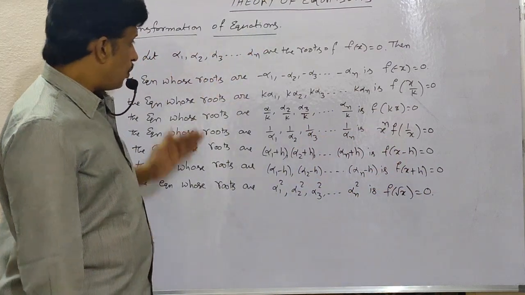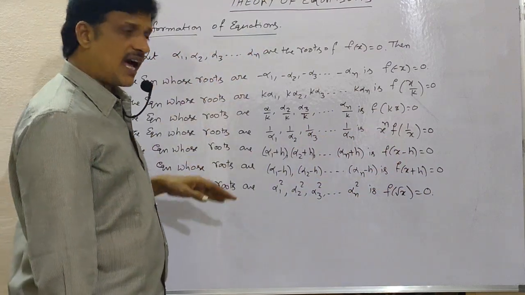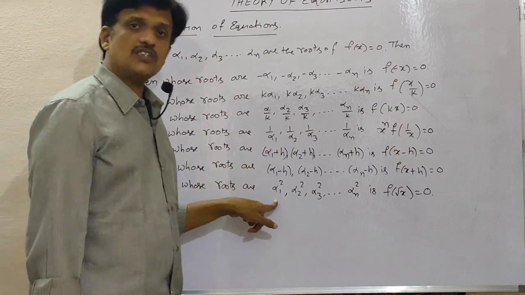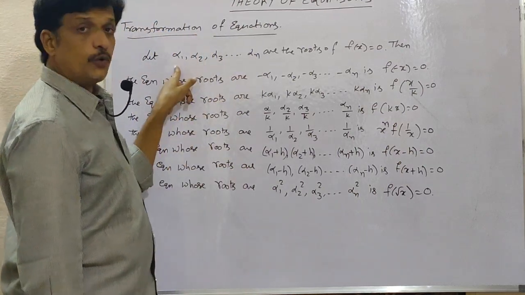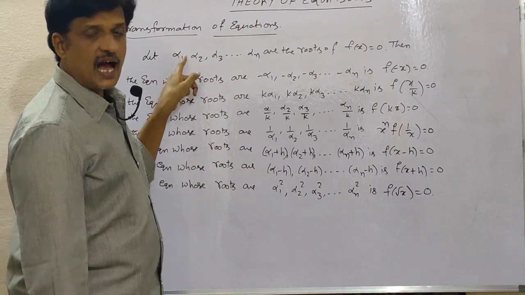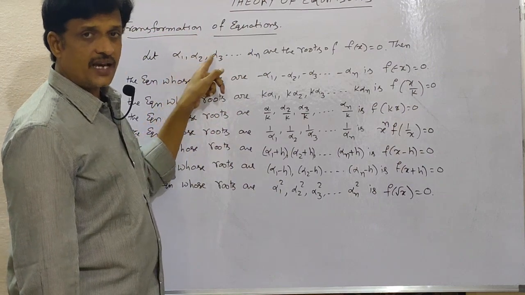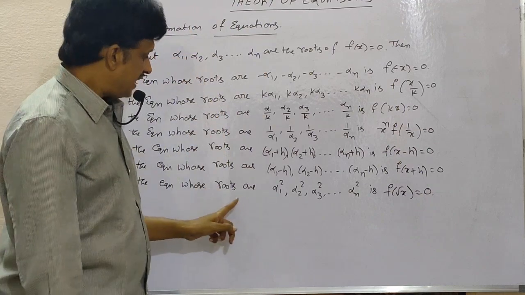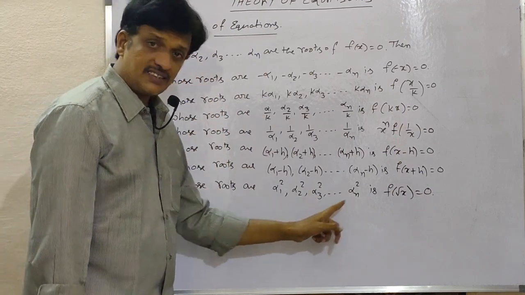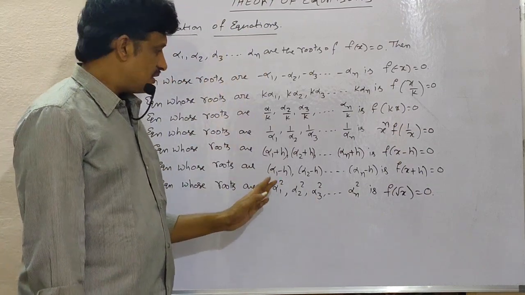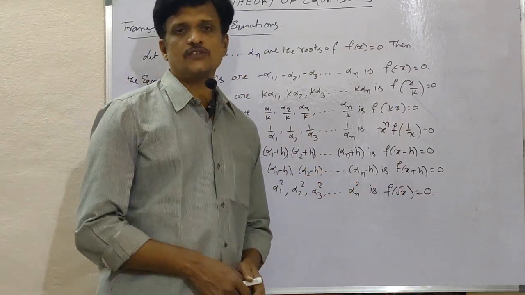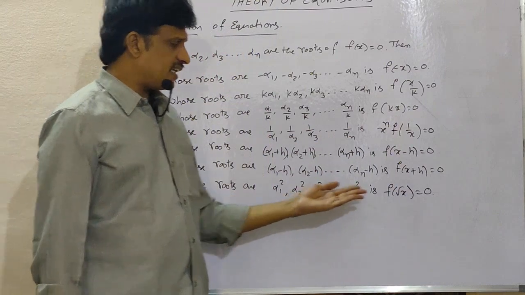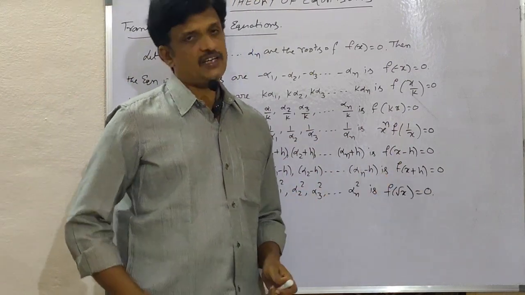And now, the polynomial whose roots are squares of the roots of the given polynomial equation. So here these are the given roots. Now the new roots are alpha 1 square, alpha 2 square, alpha 3 square, and so on, alpha n square. Each root is the square of the root of the given one. So now this polynomial is f of square root of x equal to 0. If each root is a cube, then f of cube root of x equal to 0 you will get.